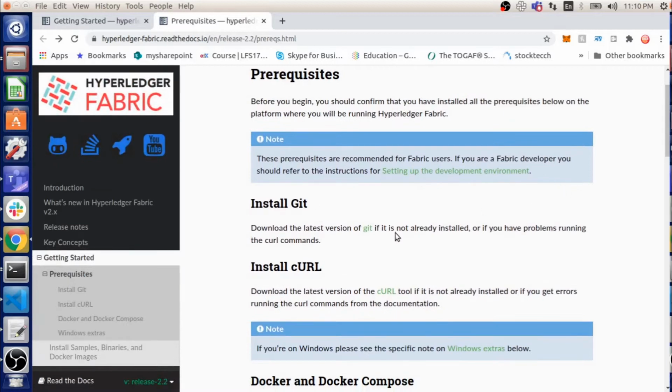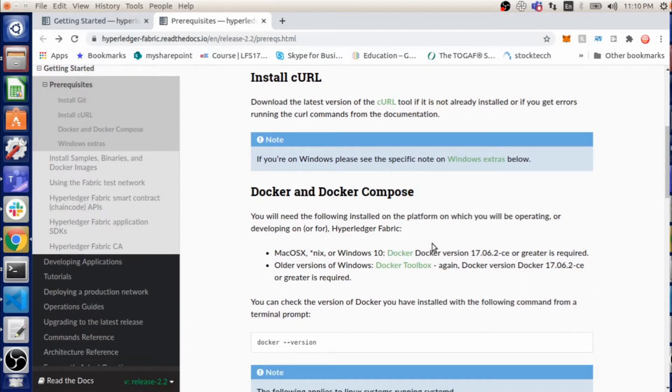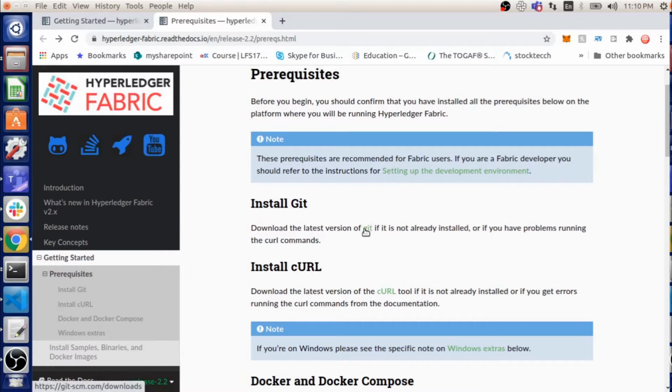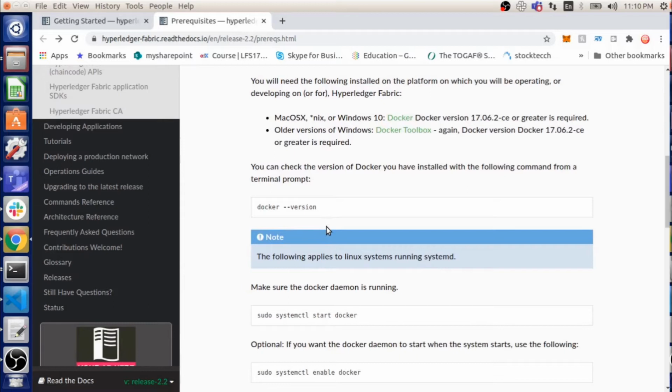I already have Git, so I'm not going to tell you how to install this prerequisite. I assume you have installed Git already, and Docker and Docker Compose too. If you go through this document, they have provided links where you can just copy and paste to set up Git and Docker Compose. One important thing is to make sure you are working on an Ubuntu machine, because the developers of the Hyperledger Fabric framework have used Ubuntu Linux based machines to